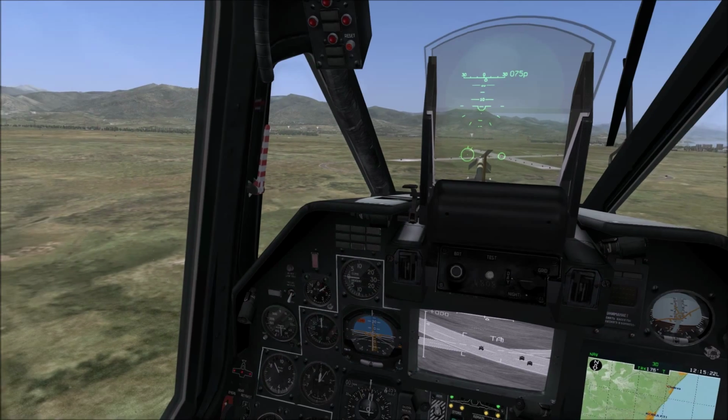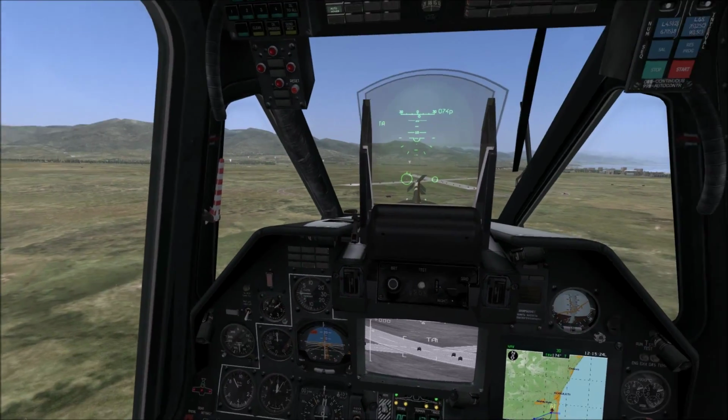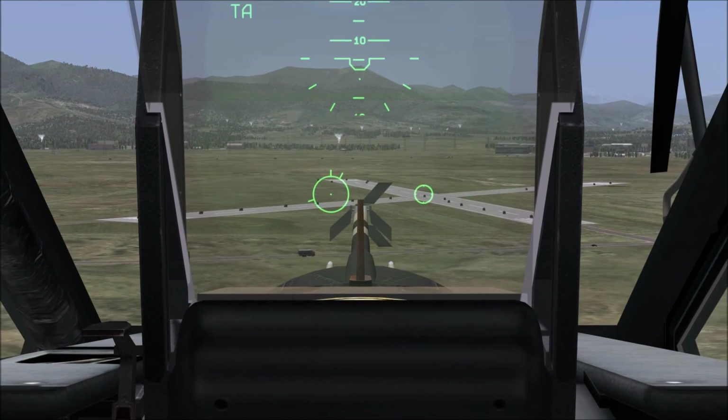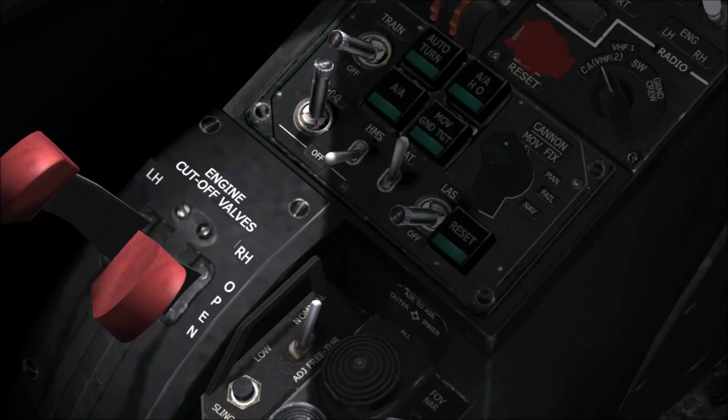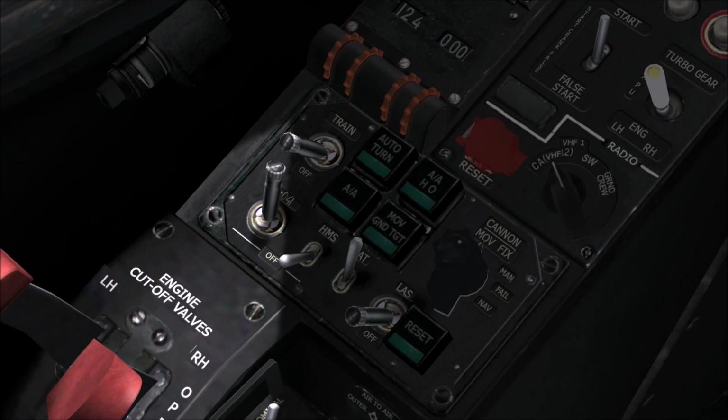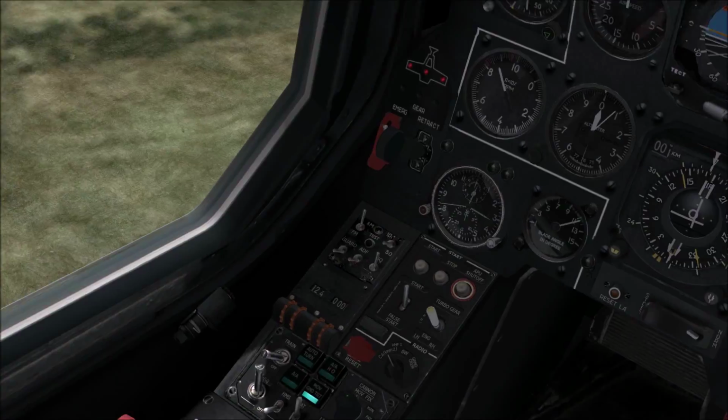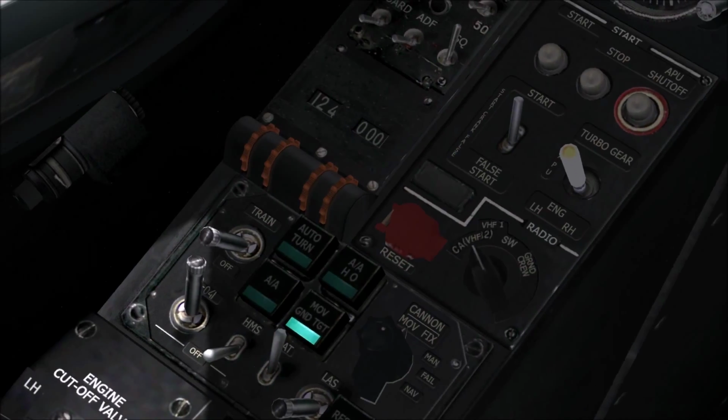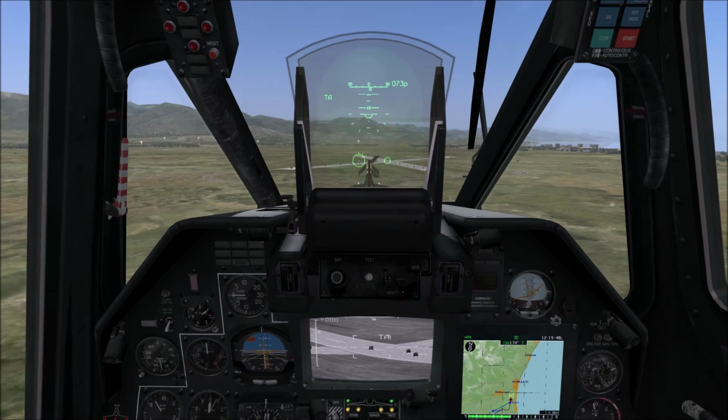How is the situation here? We are still above the ground. So let's get to the fun stuff, I guess. We have an awesome button here that says auto turn. Also, we're going to tell our computer that we're going to start attacking ground targets. Okay, so moving ground targets. We're going to press that, and we're also going to press the auto turn button. Okay, I'm going to press it and we can see